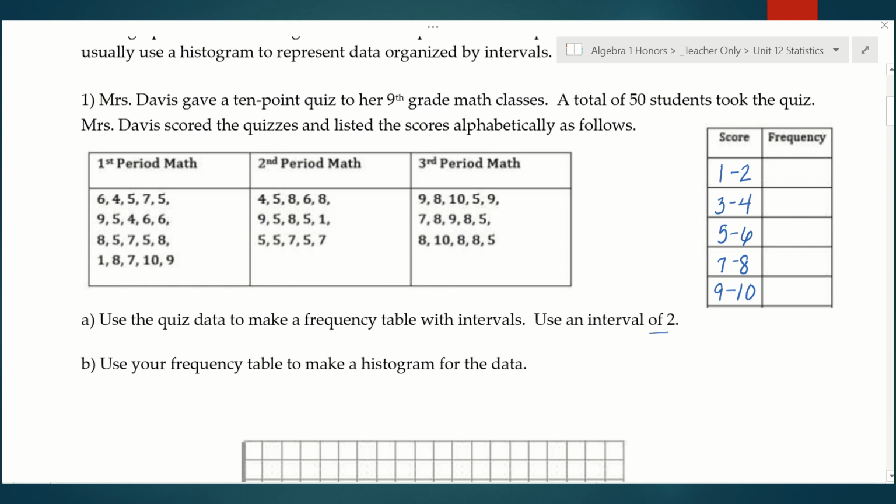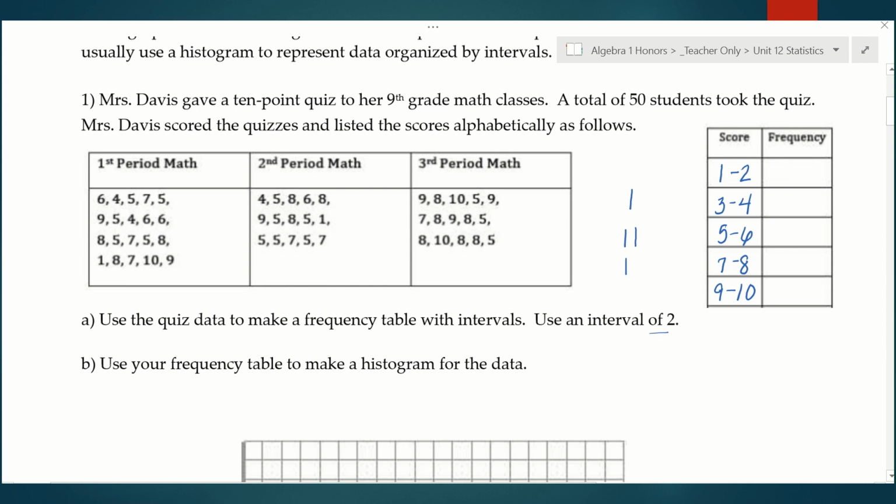Our job now, and this is a little bit tedious, is to figure out how many scores fall into each of those intervals. We can do this using a tally, whatever's easiest for you. I am going to show this using a tally, and then in my frequency column, I'm going to write how many tally marks I had. If you look at first period math, I'm going to look at that first row. There's going to be 1 in the interval 5 to 6, 1 in 3 to 4, 5,